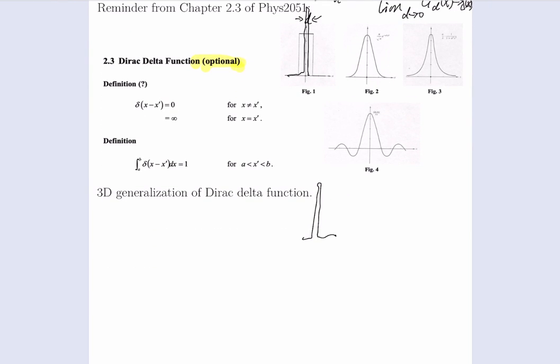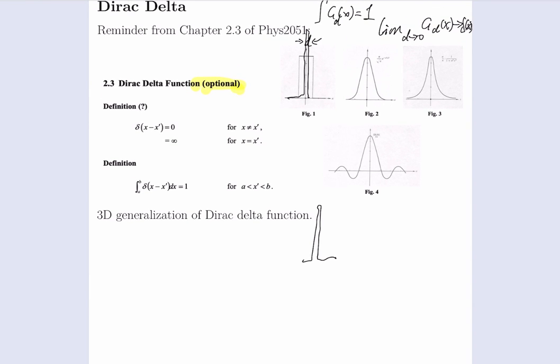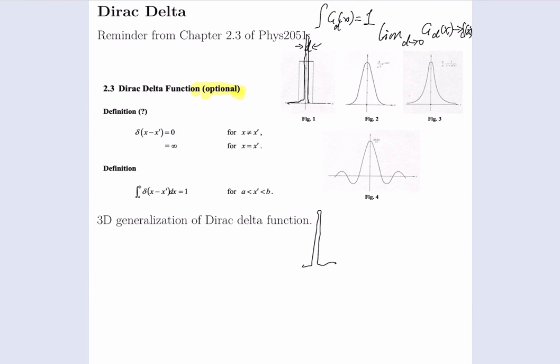Okay, so this is the basic introduction of this Dirac delta function, and there are also some properties of this delta function. So the most important properties that I want you to know is that